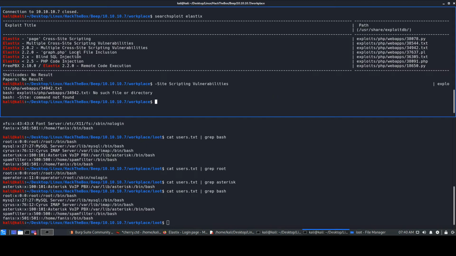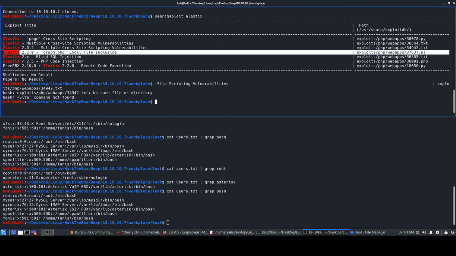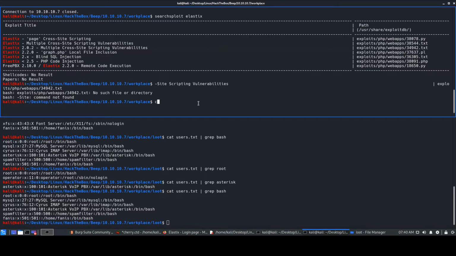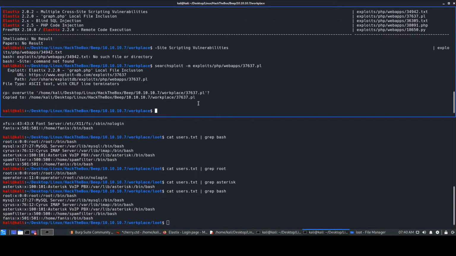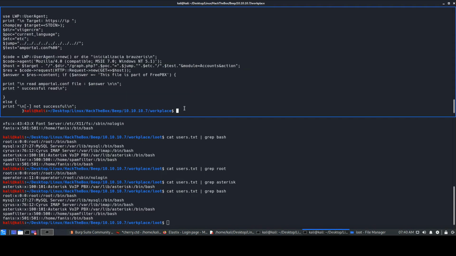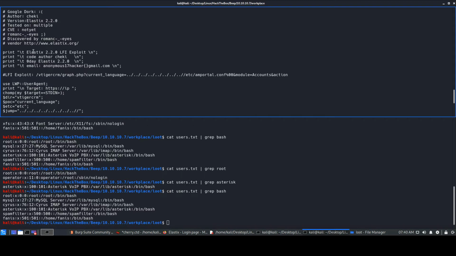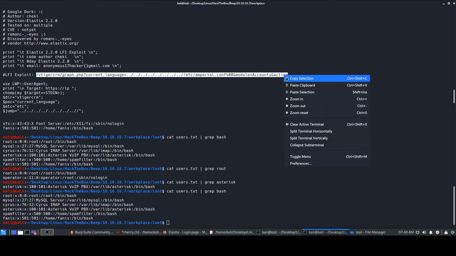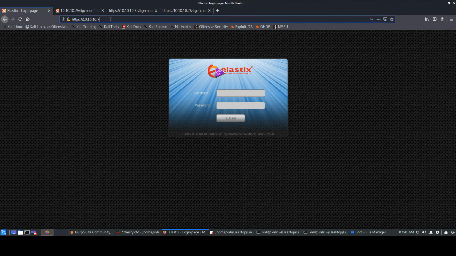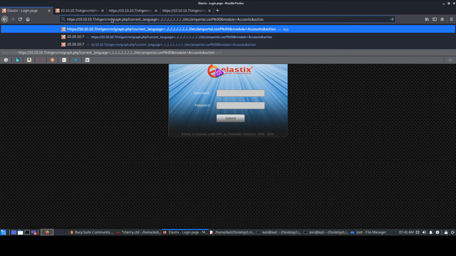The other thing is, if we try and catch this particular file, local file inclusion, just copy it over here. I already had it downloaded, I guess. So once we check out this file, here also it says that the Elastic version has some vulnerability in this vTiger graph or something like that. So let's quickly copy it and paste it over here itself.